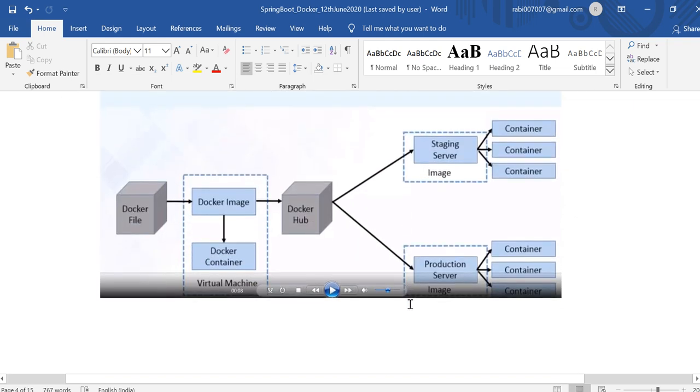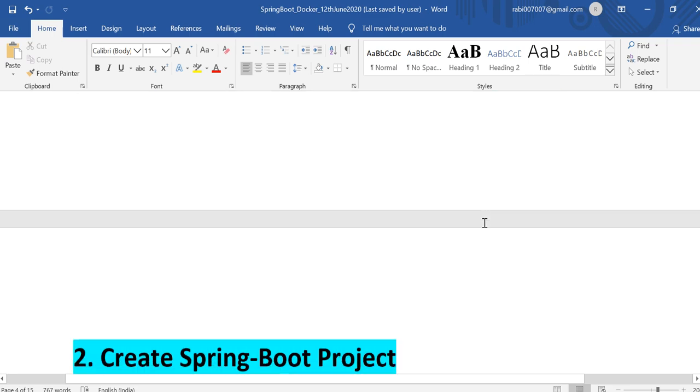How does that workflow happen here? The Dockerfile takes the jar file and creates the Docker image using docker build, and when you are running it, that is docker run, giving the port number, then it will be executing. It's the same container, same machine, but when you are pushing to the Docker Hub, that is docker push, and from there any environment, any machine, any server can pull it. Pull means download the image. After downloading the image, it will run, so it becomes the container.